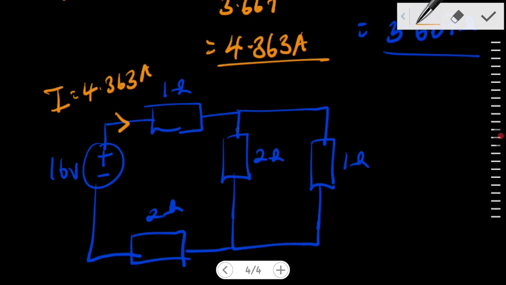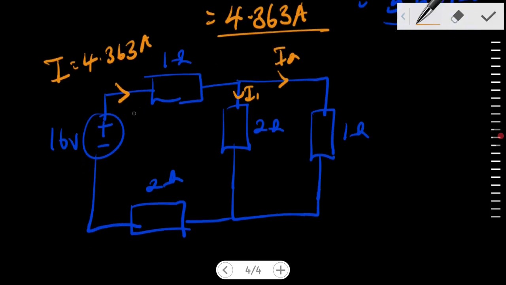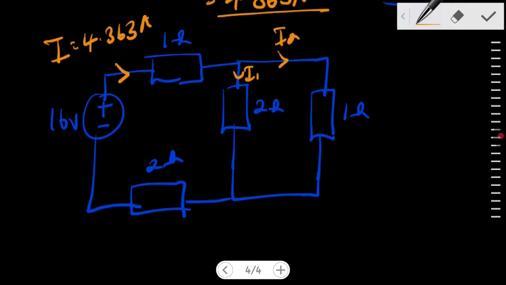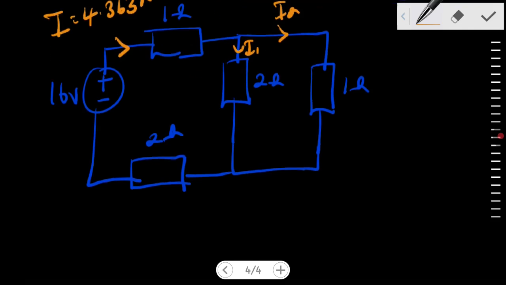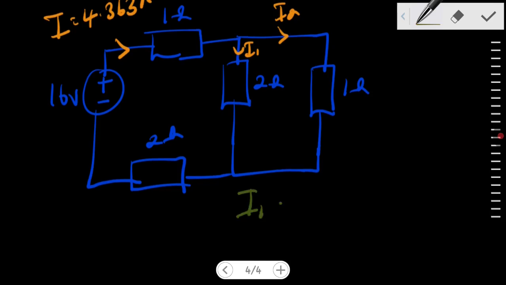Now, that current divides into I1 and I2, right? I have to get the current through the 2 ohm resistor and the 1 ohm resistor, and afterwards we are going to make confirmations. Therefore, for me to get the current through the 2 ohm resistor, I can say that I1 equals 1 all over